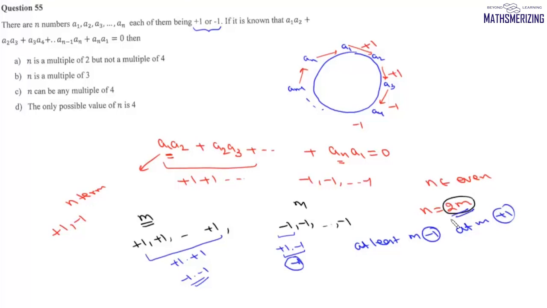Now since the total number is 2m, it cannot be greater than that. So it clearly means that in this sequence there should be exactly m plus 1s and exactly m minus 1s. Now we need to arrange these plus and minus in such a way that they cancel out and the result comes to be 0. If we arrange these numbers alternately, then each product will be simply minus 1, and in that case the sum can never be 0. Now we'll take them in pairs of 2.